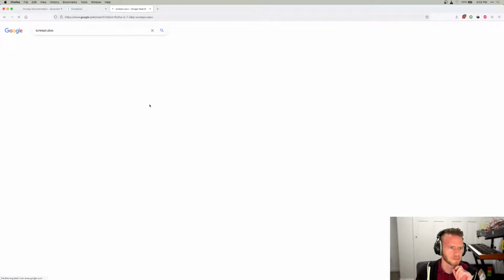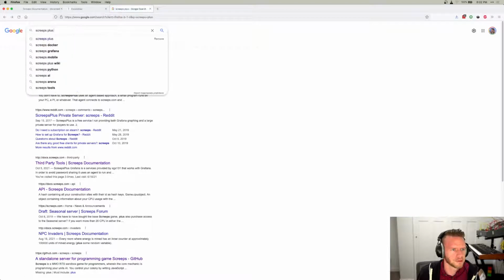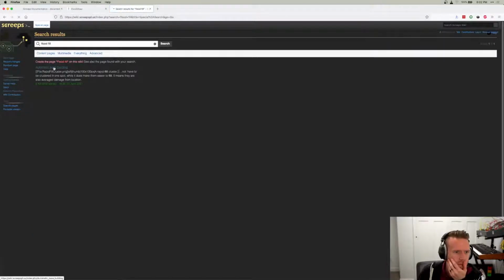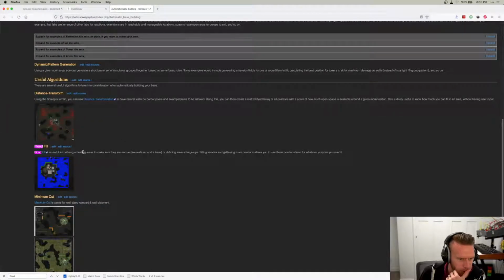Screeps plus. Where is it? Let's actually do Screeps plus wiki. How do I get on the wiki? And what I'm looking for is flood fill. Take me to flood fill. It says: is useful for defining or testing areas to make sure they are secure, like walls around a base, or defining areas into groups. Filling an area and gathering room positions allows you to...